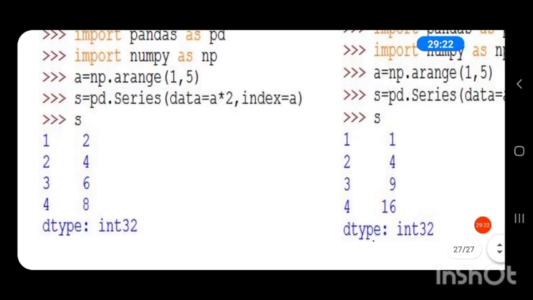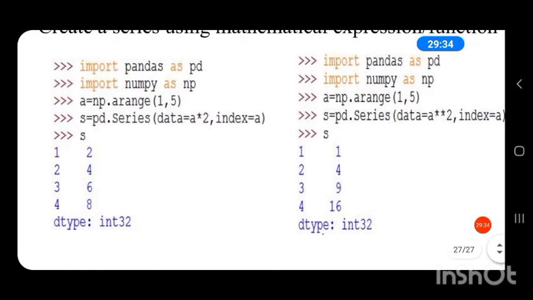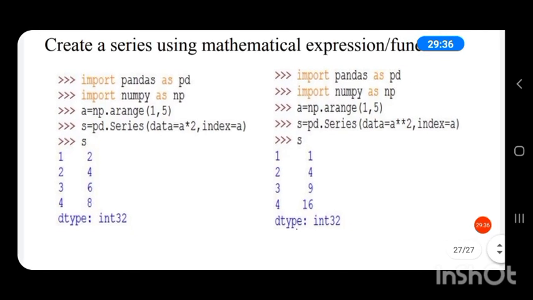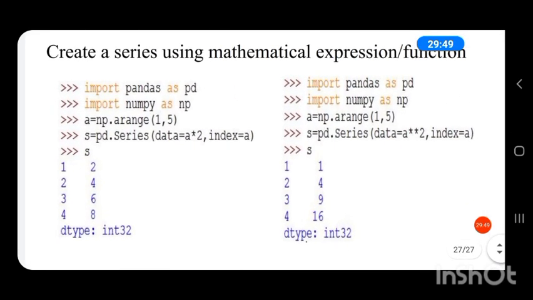The first value will be 1 into 2, that is 2. Then the second data value will be 2 into 2, 4. Then the third one will be 3 into 2, 6. Then 4 into 2, 8. So the data values can be created by multiplying the index value with 2. So this is an example of how a mathematical expression can be used to create a series.